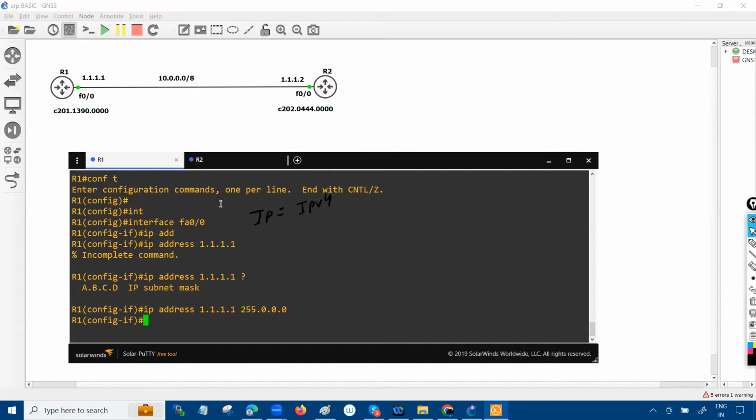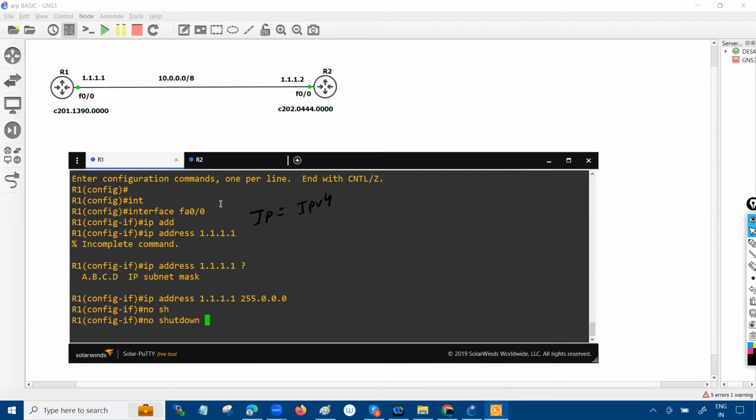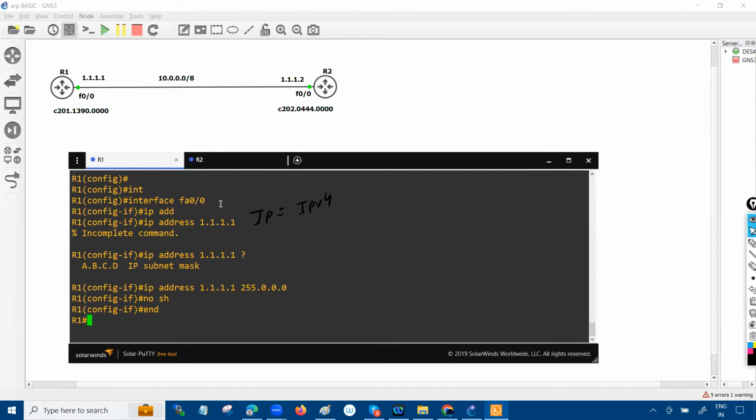By default, all the router interfaces are in the down state. So you need to turn on the router interface. You just need to put the no shutdown command. If you want to verify what IP addresses I have configured